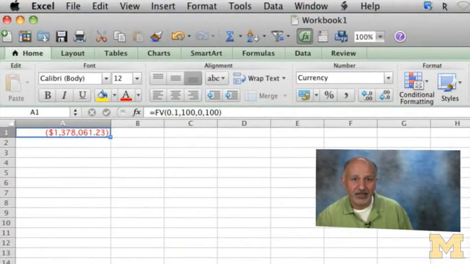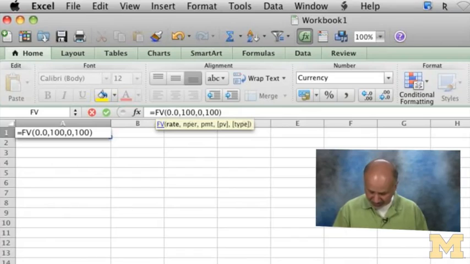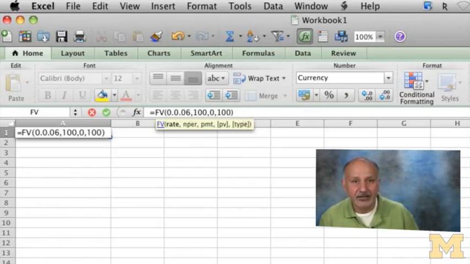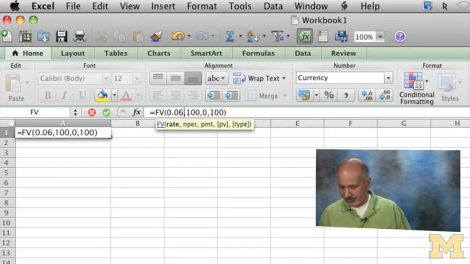Okay, so let's try and do it with the calculator now that we have a machine that's dumb, and we can beat it up once in a while to give us things that we can't calculate too easily. So let's do this. We'll use the same formula, and let's see how to change it. The first thing that we encounter is the interest rate. So 0.06. Did I get that right? No, sorry about that. Just give me a second. Okay. So 0.06 is the interest rate,